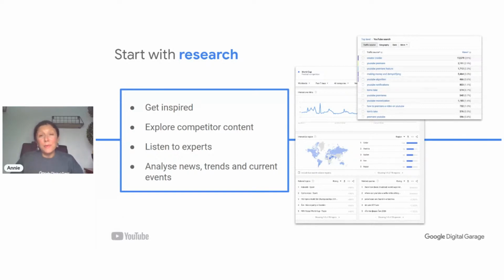And then listen to experts. There'll be people that have done this in your particular area before, and you want to learn from their story. What did they do? What steps did they take to get their particular channel going? And analyze what's happening in the news, what's happening on social media, what are the trends. Then we can start to find out about any current debates or events around what we're interested in. That could be documented, for example, within YouTube. So have a look at the research out there for what already exists in what we're doing.